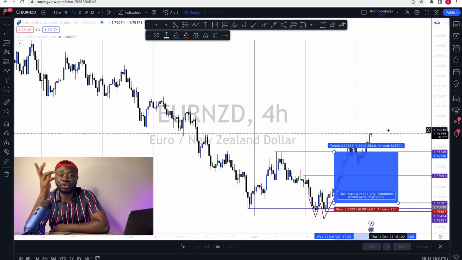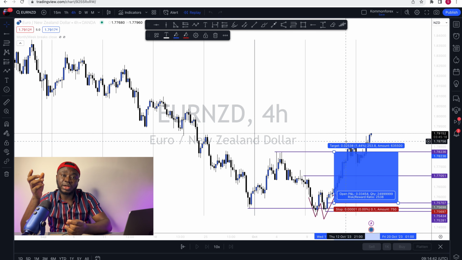Don't just trade double tops and double bottoms randomly. So you realize I was actually looking out for a simple chart pattern. But what did I also do? I combined it with market structure. I also combined it with my candlestick confirmations, and I also watched both time frames to find precise entries